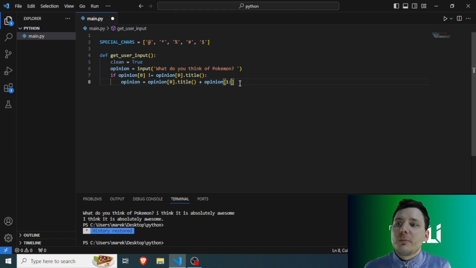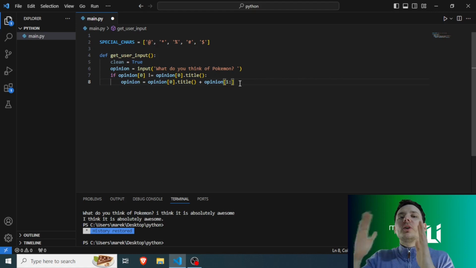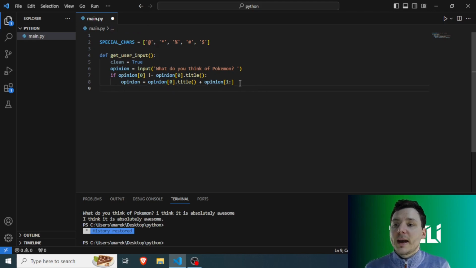And as you can see, I'm using colon here. Colon means that it will skip the first letter, but it will include all the others, all the way to the end. So that's what we get. That's great. And next, what we want to do is check if the user finished the sentence with full stop or period,